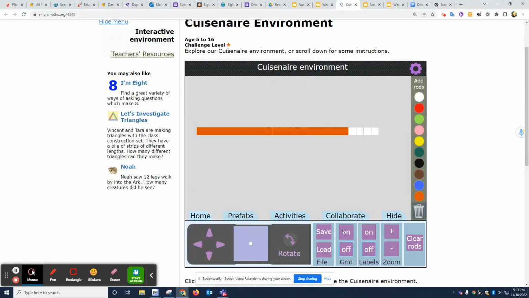I say Cuisenaire, Cuisenaire. People say it differently. So 1, 2, 3, 4. So if I put this pink one here, and I try to see how many I need, 3, 4, 5, 6. So I have 6 pink rods. And that represents,